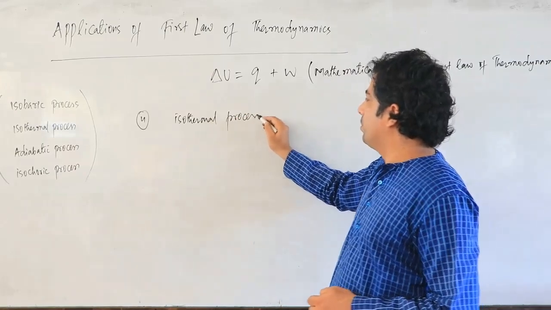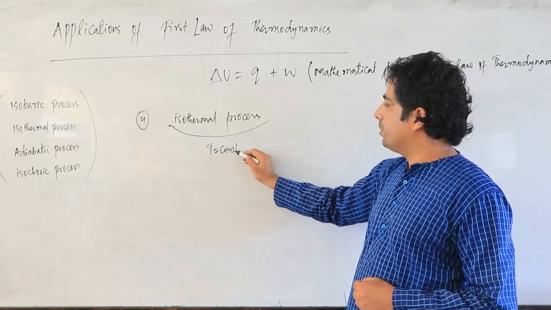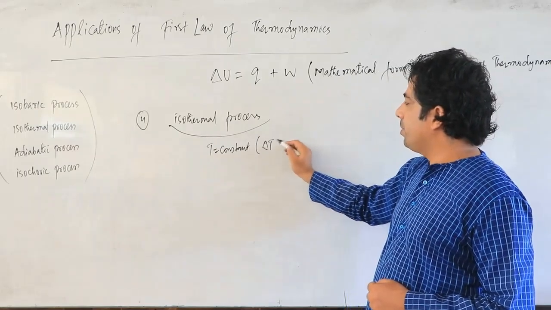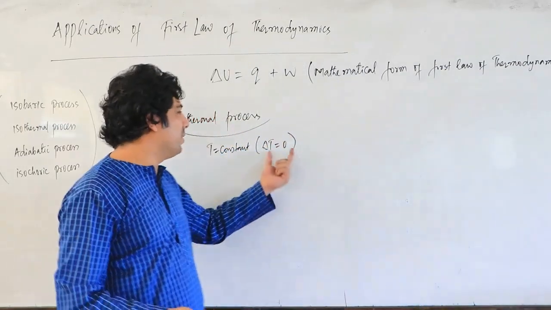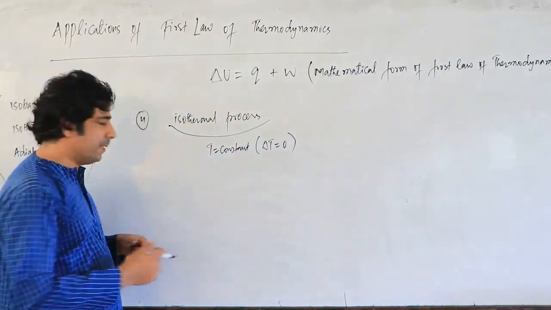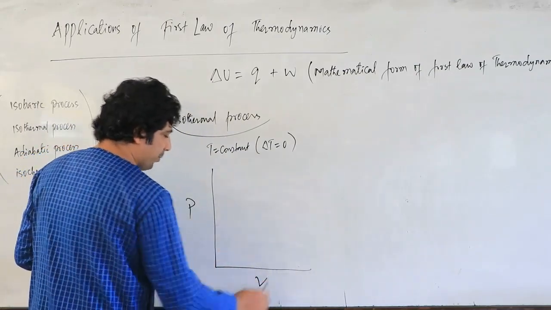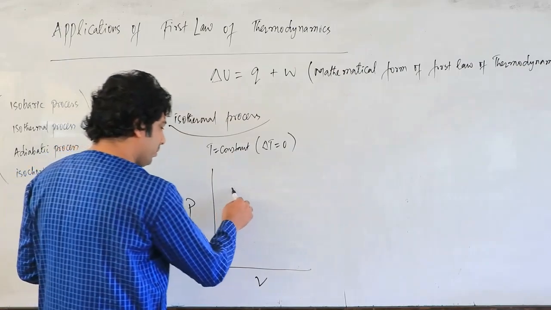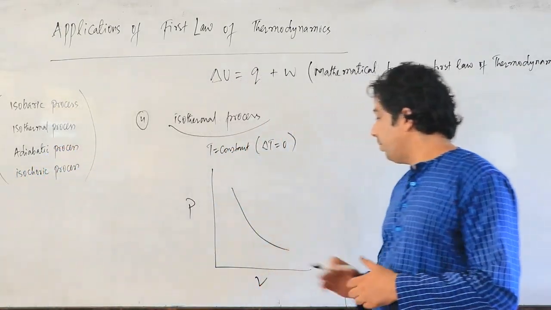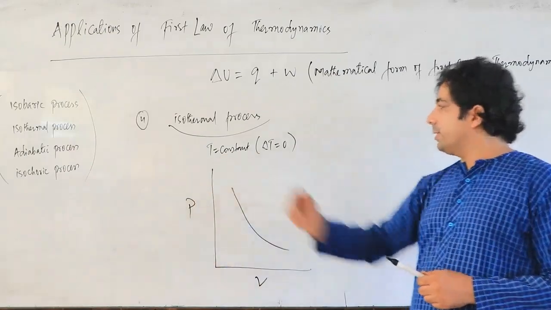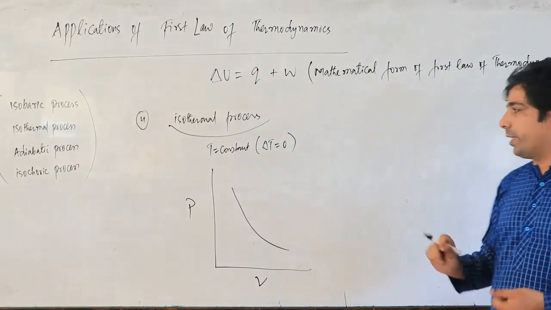Isothermal process. Everybody is aware that in an isothermal process temperature is constant. That means change in temperature is zero. Final and initial temperature will be same, so change is zero. This is the isothermal process. Pressure versus volume, correct? So obviously we are getting a graph like this. Have a look. My dear friends, this is the graph for the isothermal process. Isothermal change or process, we can tell.